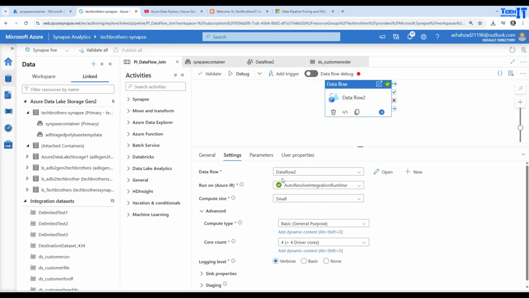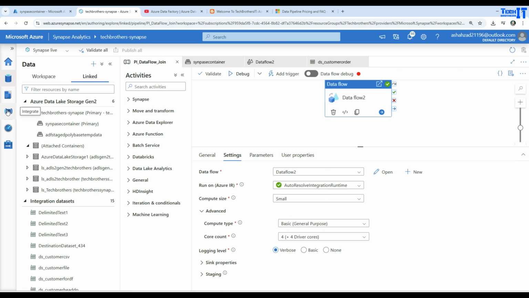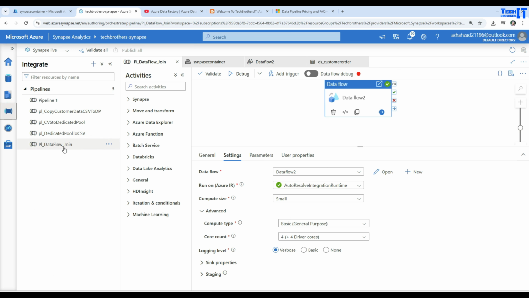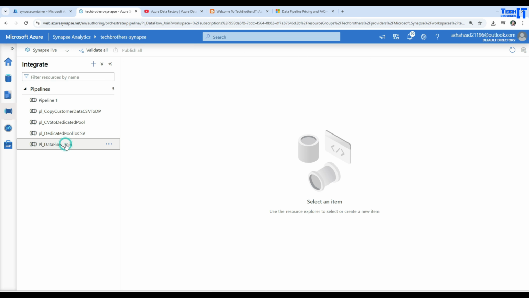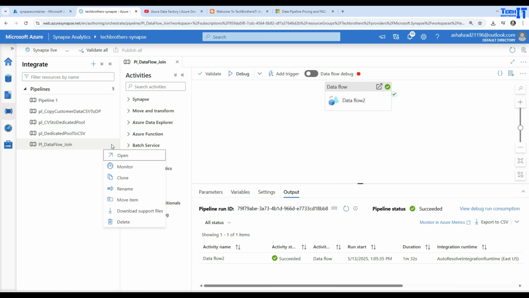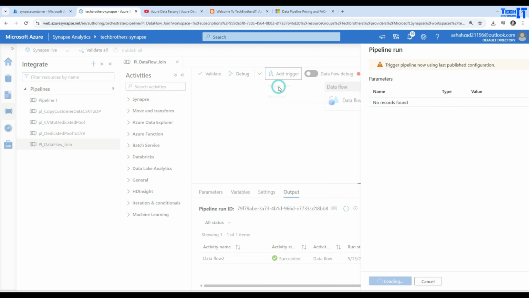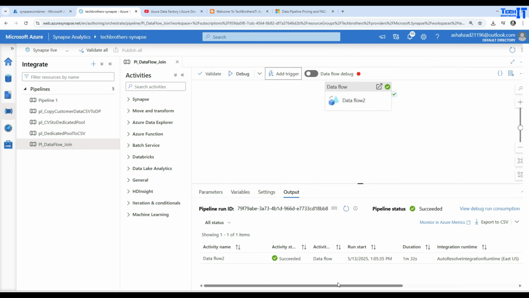So once this pipeline is deployed with this configuration, what's going to happen if I go to my pipelines here, and this is my pipeline, right? So we close all this, and guess what we are going to do, we are just going to cancel this out. Now if I go ahead and execute this pipeline, we can trigger from here, or maybe we can schedule a trigger. So if I want to trigger now, let's trigger, and now it's running this